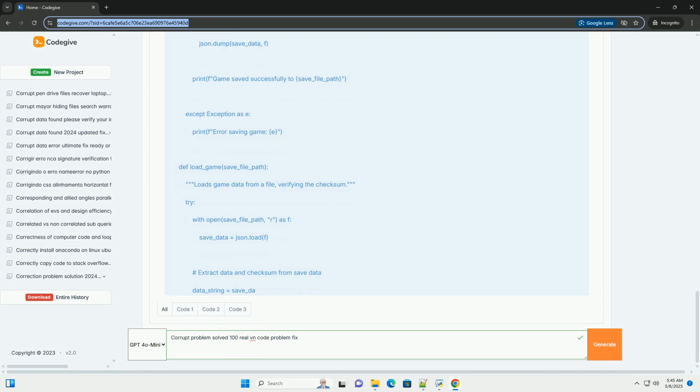Six, real-world VN code examples, beyond Python. While Python is great for tools and support code, VN engines often use their own scripting languages. Here are some hypothetical examples of how to apply the concepts to those. One, Ren'Py, Python-based. Two, Unity, C# scripting. Key points in the Unity example: JSON